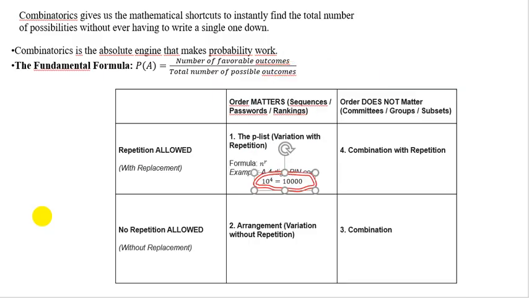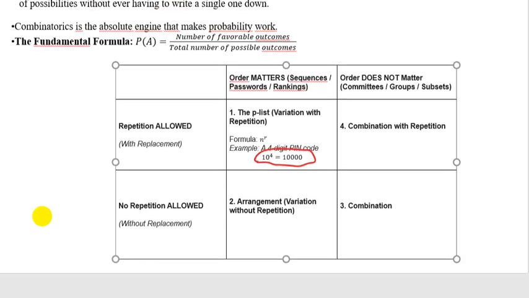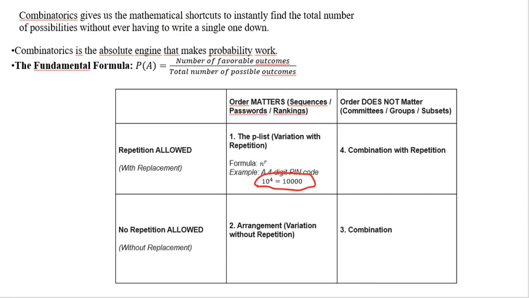If the repetition is allowed, I can repeat the number, so I can get 1 and 1 and 1. And if the order matters, which means 1, 2, 3 is different from 2, 1, 3. Here the order matters. So we get what we call the p-list, or the variation with repetition,